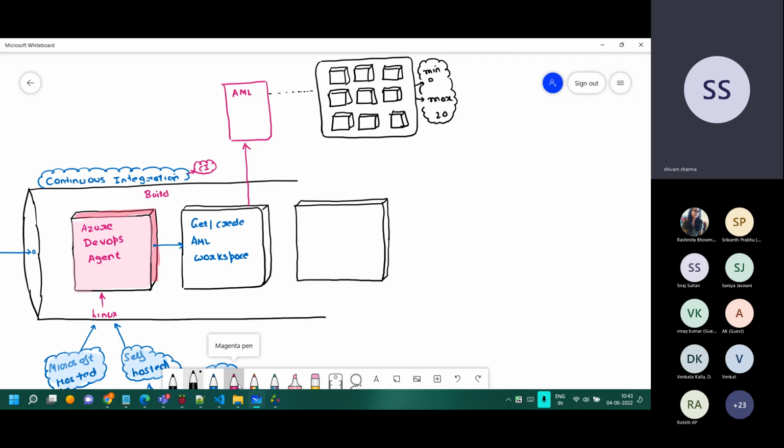Okay, so now this is the cluster which we have right now. Maybe it's a CPU cluster, maybe it's a GPU cluster. We are not much concerned what type of cluster it is, but let's say we have it. It's part of that machine learning workspace. So this cluster needs to be created, or you have to either get it or create it. Or if it is already created and it is stopped, then it should start when the step executes. So I will just say create or get the AML cluster. Now, this AML cluster can be a simple cluster. It can be something like a Databricks cluster and so on and so forth. All those things can also be configured.